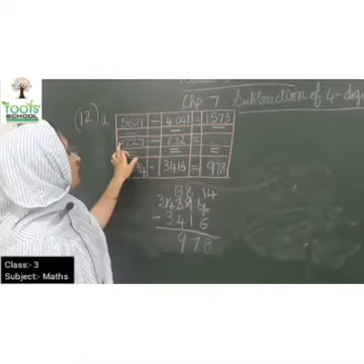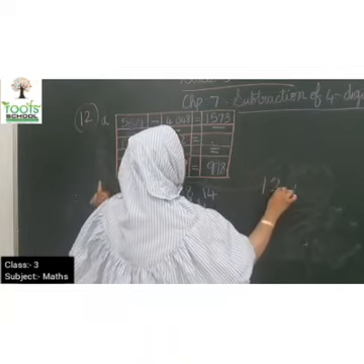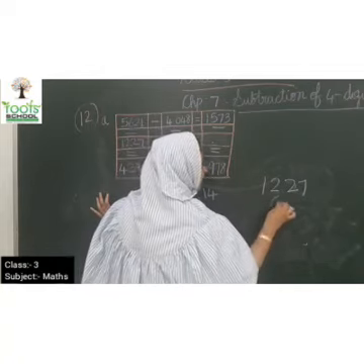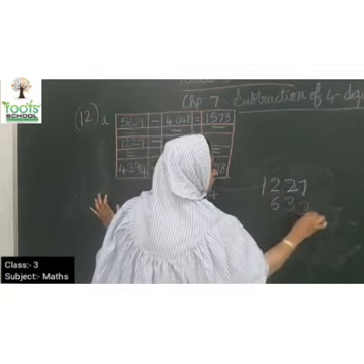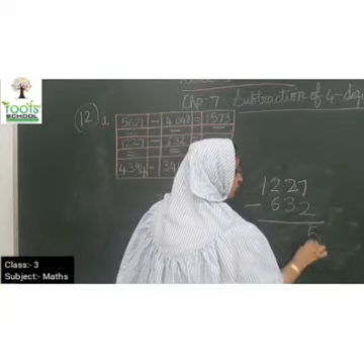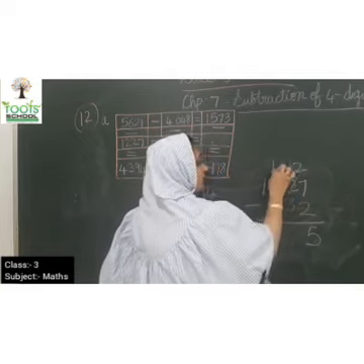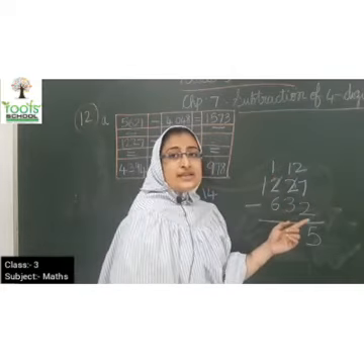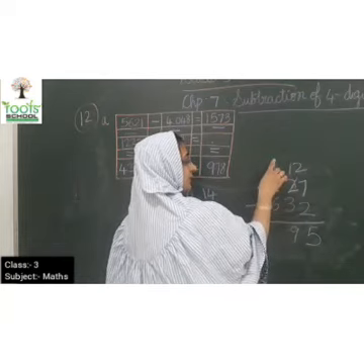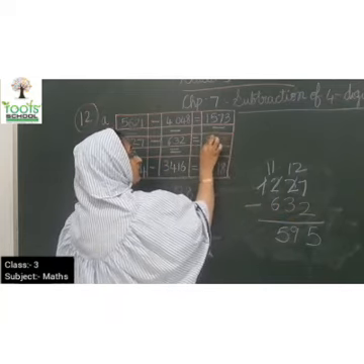One block is remaining. So we will solve this one. What's the minuend? It is 1227. And what's the subtrahend? It is 632. Let's solve it, kids. 7 minus 2 is 5. 2 minus 3 you can do? No. So here you have to borrow from hundreds place. Now 12 minus 3 is 9. Very good, kids. Here you cannot subtract 6 from 1, so you need to borrow. 11 minus 6 is 5. So what is the answer you got?